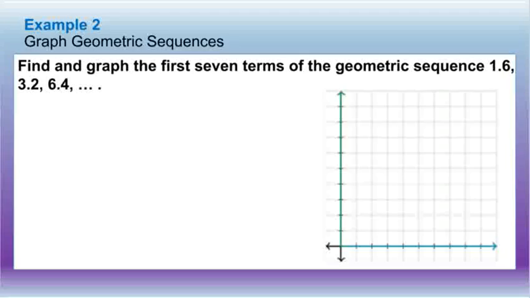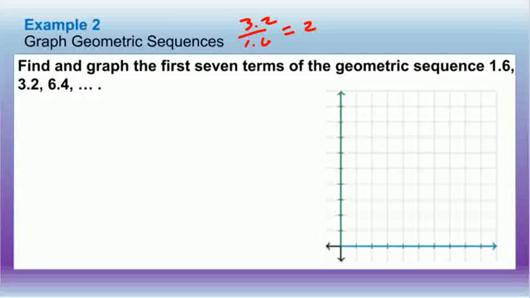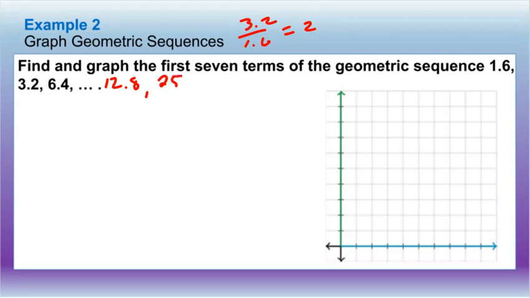Next, find and graph the first 7 terms of this sequence. So for this one, I take 3.2 divided by 1.6 and I get 2. So I'm multiplying by 2 every time. So 6.4 times 2 gives us 12.8, times 2 gives us 25.6. Next would be 51.2 and